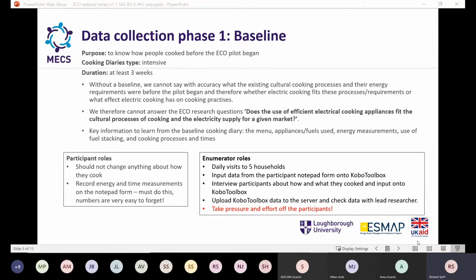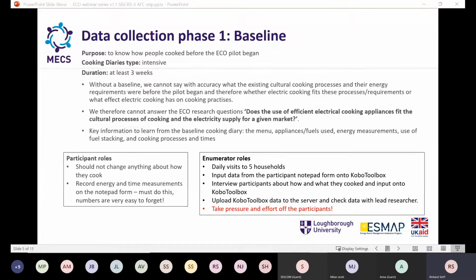The baseline is a standard intensive cooking diary, gathering really detailed information about what is cooked, what appliances are used, fuel use, cooking processes, and who is cooking and being cooked for. We recommend doing a baseline that is at least 3 weeks long,